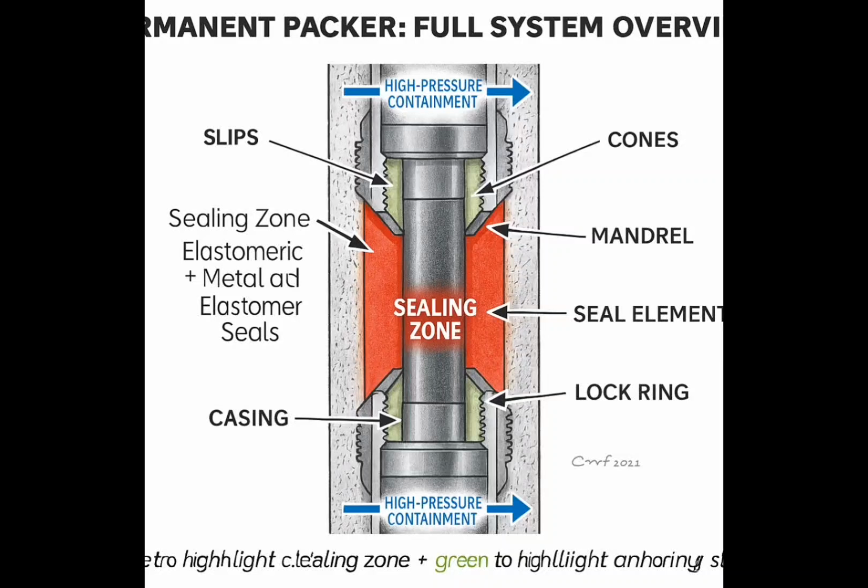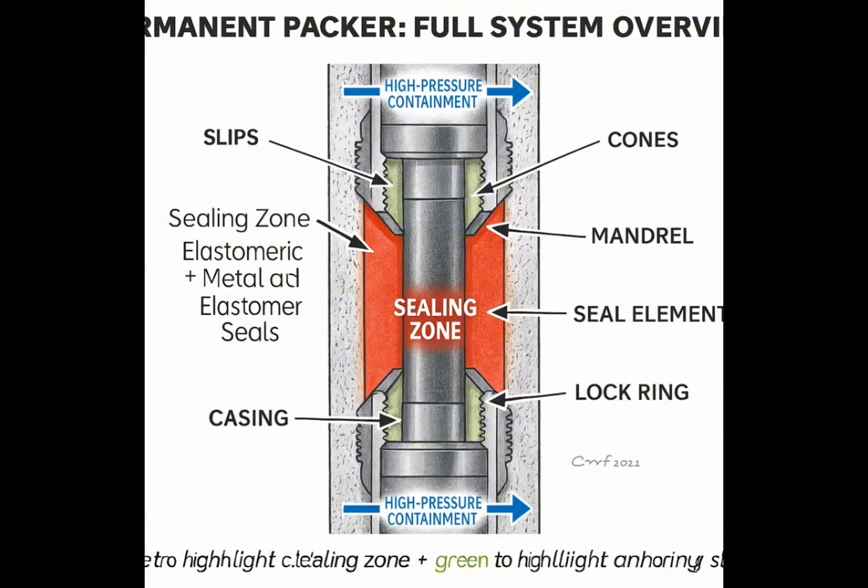Permanent packer, full system overview. Explanation. This illustration highlights the anatomy of a permanent production packer. It shows the mandrel running inside the casing, slips anchored to the casing wall, and the seal elements engaging the tubing or casing bore. The illustration emphasizes that the packer is a primary barrier that isolates the annulus between tubing